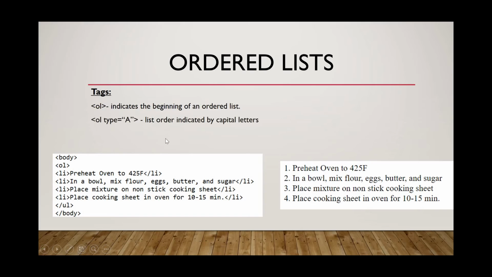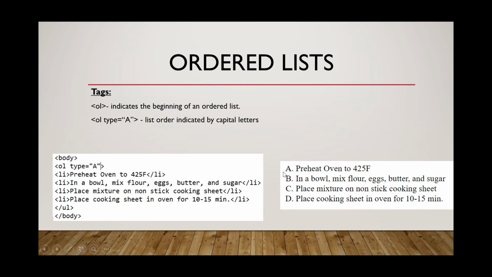Now, if we want to change the type, instead of being 1, 2, 3, 4, we wanted to make it capital letters, we could do that. We could make it a capital letter. Now it's going to be A, B, C, D. And that's, again, in the opening tag only, so the list items are not changing, similar to the style change